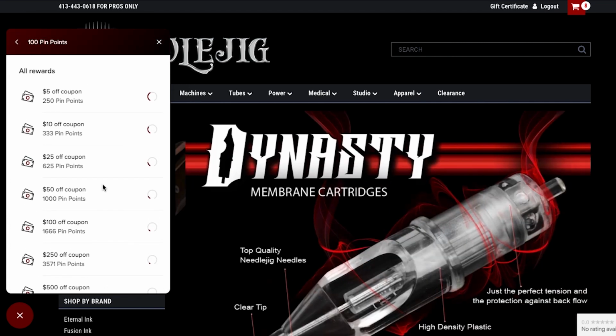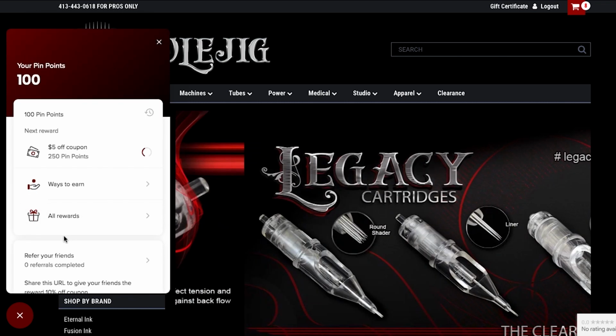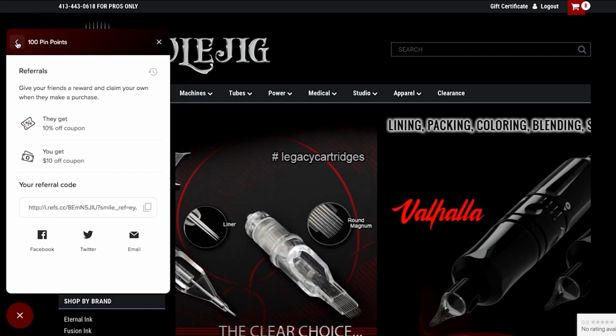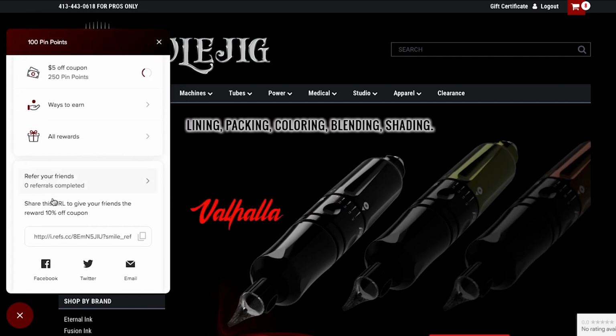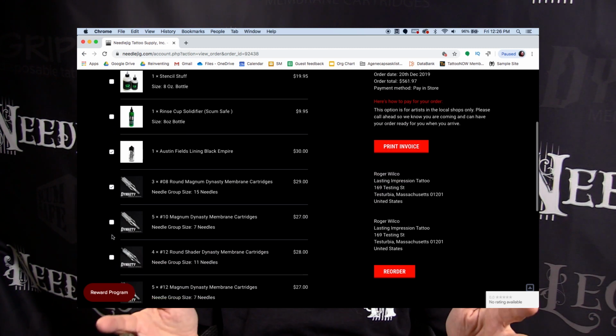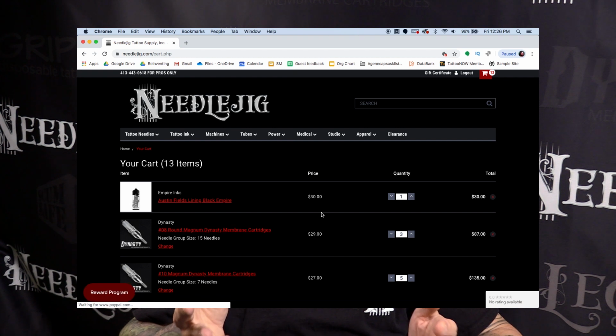You get 1 point for every dollar spent. You get to cash these in for coupons of different amounts, up to $1,000. I'm always amazed because I see artists cashing these things in and getting really expensive, latest, greatest tattoo machines without spending any money out of pocket. In your account section on the website, there's convenient features like wish lists. You can see your previous orders. There's reorder forms. All kinds of things that can help you make your ordering process a little bit faster and